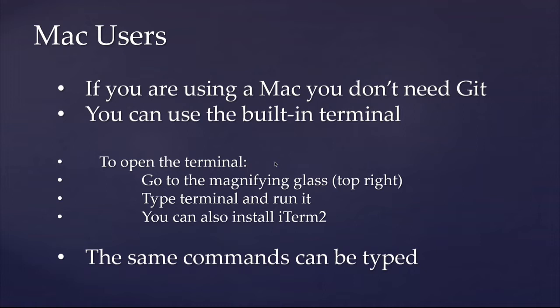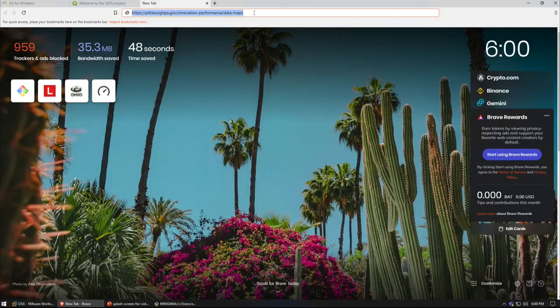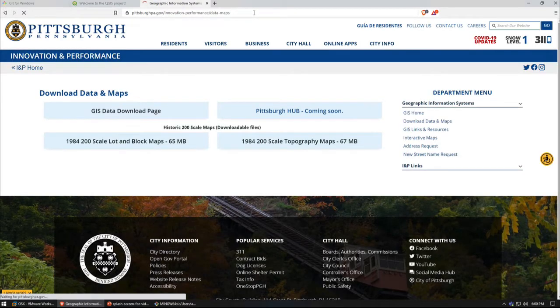Okay, so having said that, let's try to use Git. The first thing we're going to do is download a very large data set. And to do that, we're actually going to go to a website that has city data. I'm going to pick the city of Pittsburgh. Could be any other city, but I know exactly how this one works, so I'm going to use this as an example. So I'm going to go to